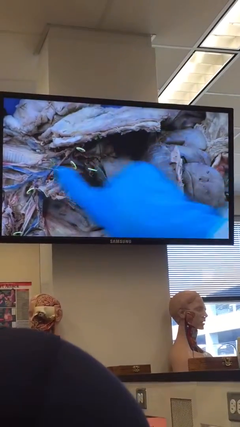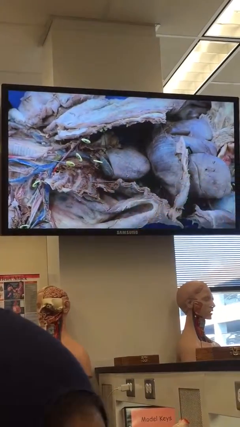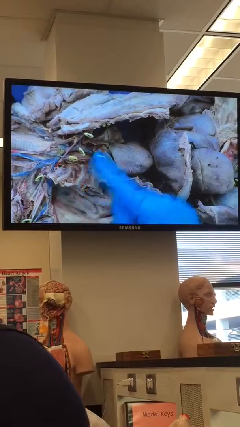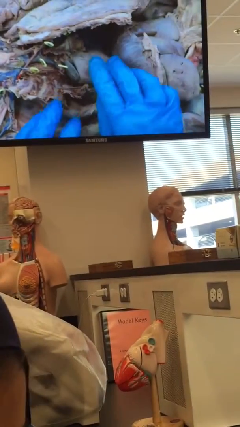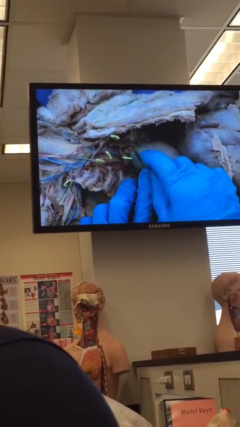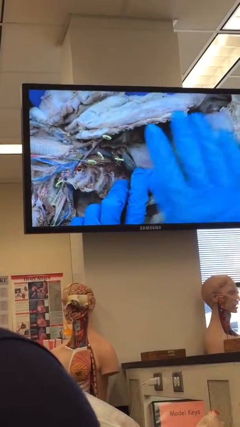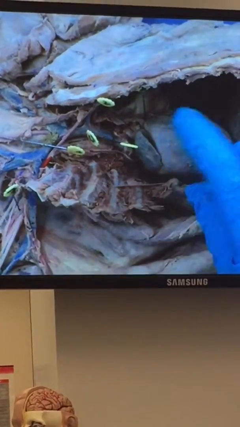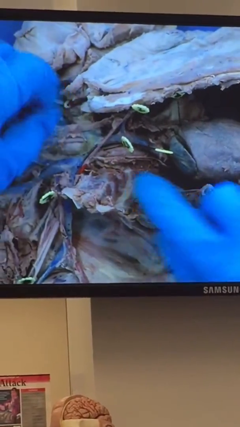Everything else, I'm going to label it further up because I'm not going to try to get you to identify those two offshoots as they come off. It gets really complicated in there. I can show it to you if you want to come up and see, but overhead it's going to be really hard to see. Thing is, as it goes up,